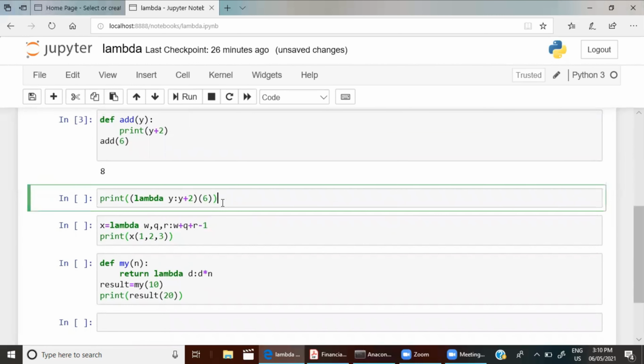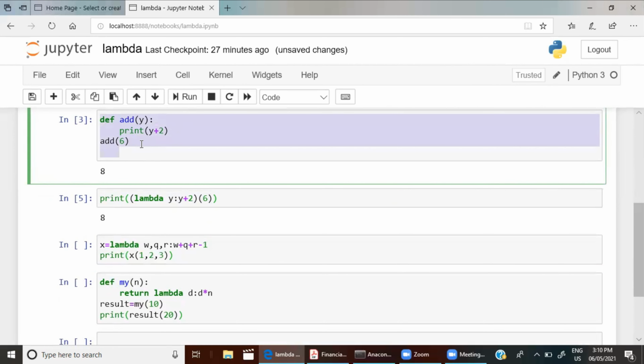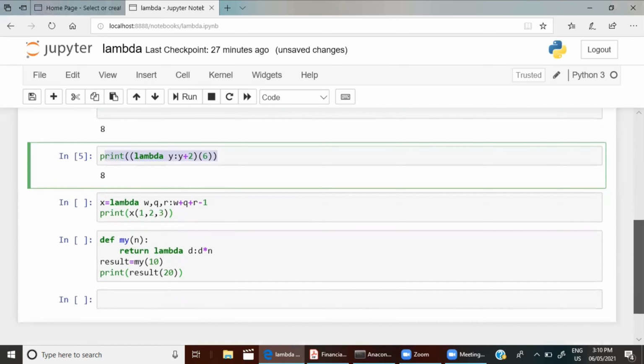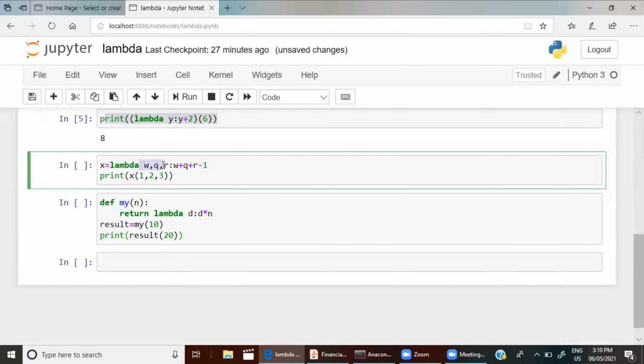So this is what we have seen now. I have explained it before. Let me run this. Yeah, you can see the 8. The difference is, in a normal function you have to write 3 lines of code. In lambda you can write it in a single line. And as I told before, you can give n number of arguments for a lambda function,